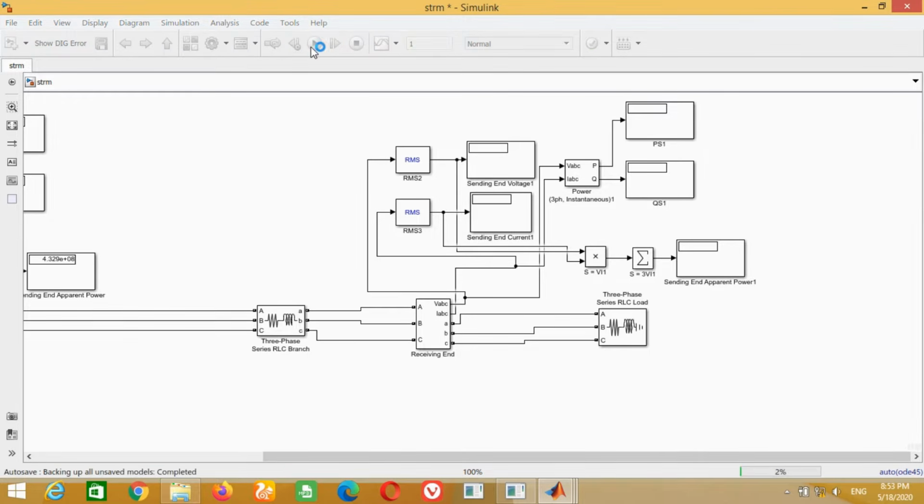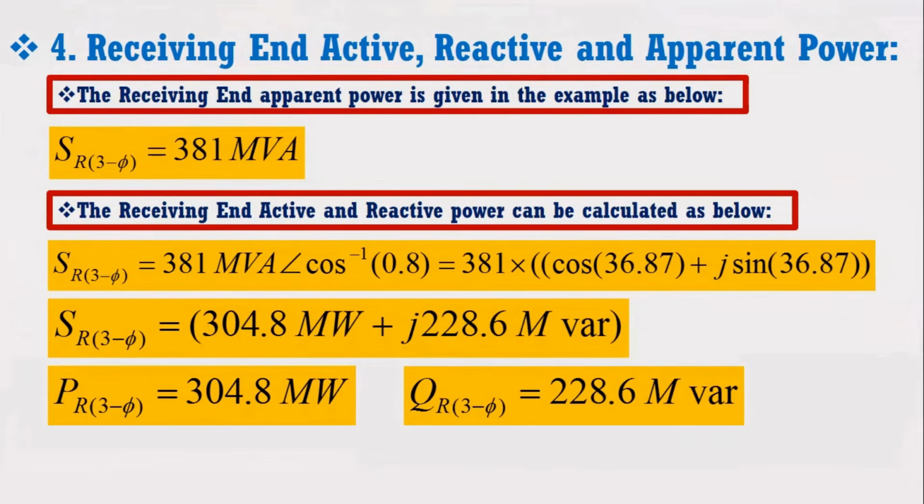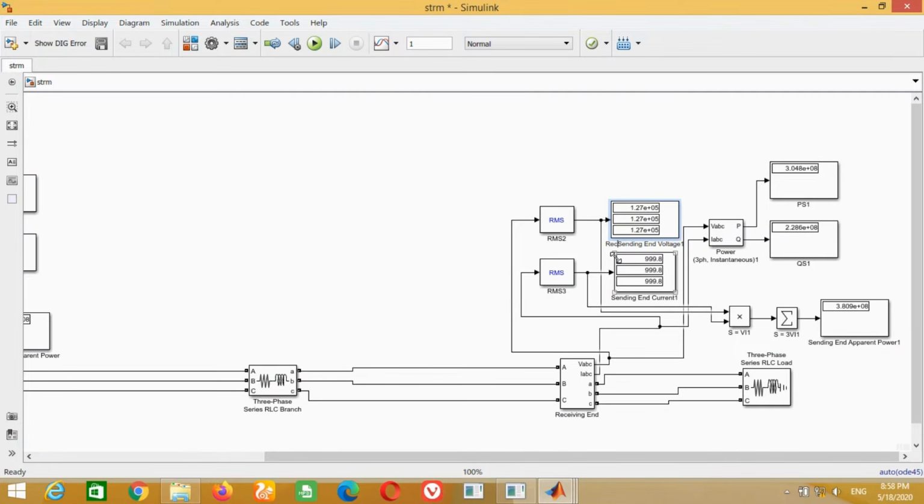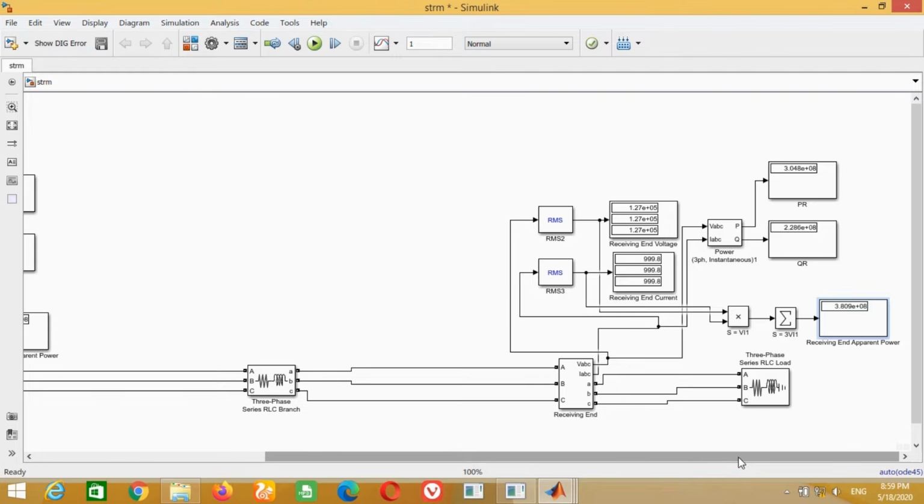Now you can run the simulation and compare the answer with the answer obtained in the example. You can see both answers are correct. Replace the sending end with receiving end voltage and current, receiving end active power and reactive power. Similarly, receiving end apparent power.